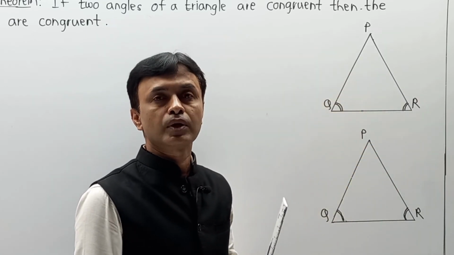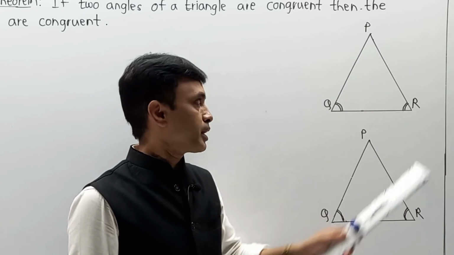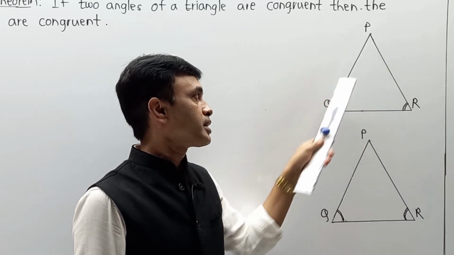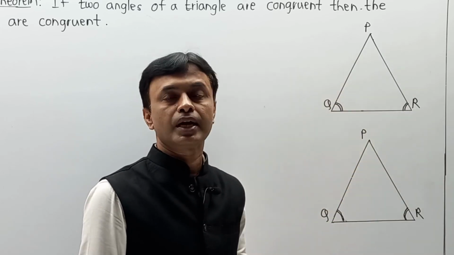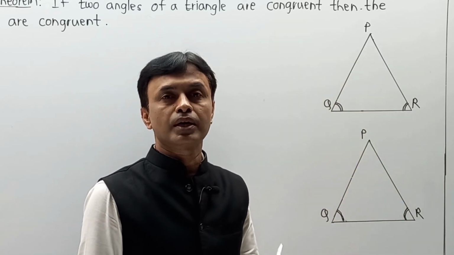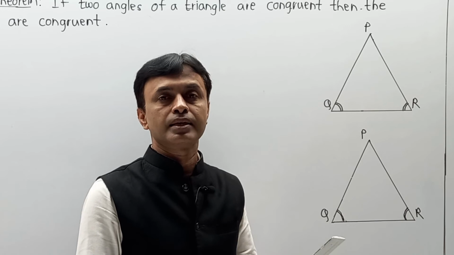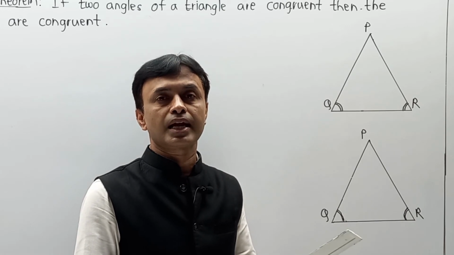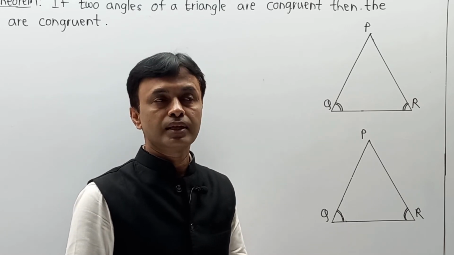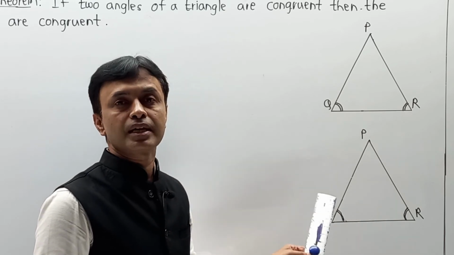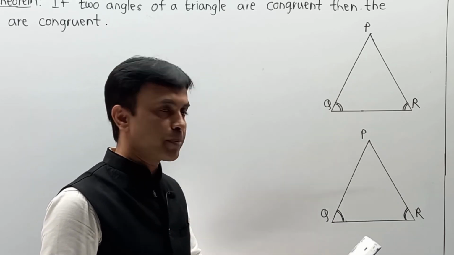In this way, we have to complete the proof. But to prove, we know that we have to prove that side PQ is congruent to side PR. Again, the problem is that you cannot compare the same triangle with the same triangle. It means you have to generate an additional triangle, or there should be two triangles. Here, once again, as in the previous theorem structure, we are going to do the same part over here.